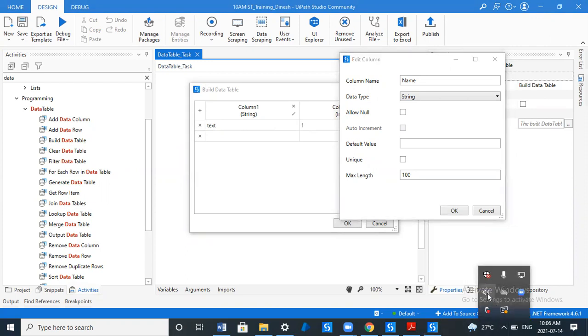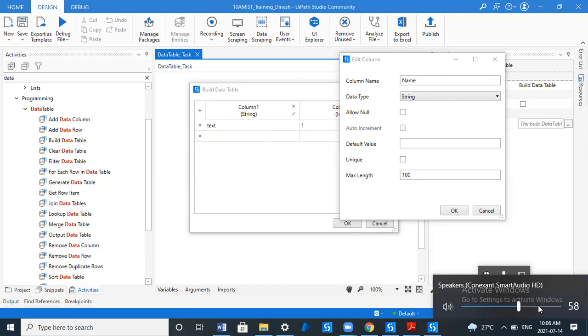Is my volume low? No, it's clear, but a little bit bold, not smooth in voice. Let me reduce the volume then. Hopefully it is clear now, right? Yeah, now it's clear.